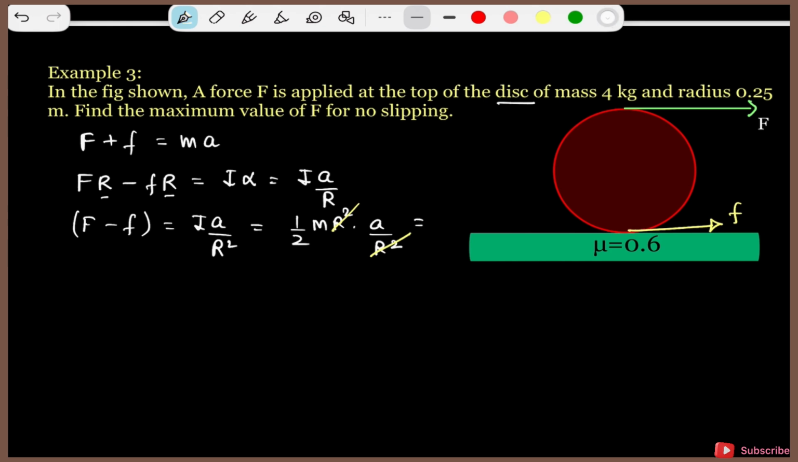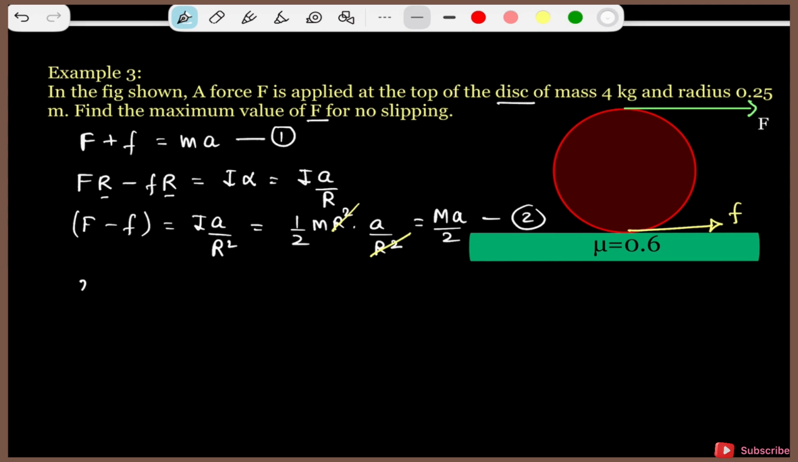So it is mA divided by 2. So here we have our first equation, here we have our second equation. Now we have our two equations. Again we need to find the maximum value of friction in terms of mu. So let's make our equations independent of acceleration, because we are not going to calculate the acceleration. So from the second equation,